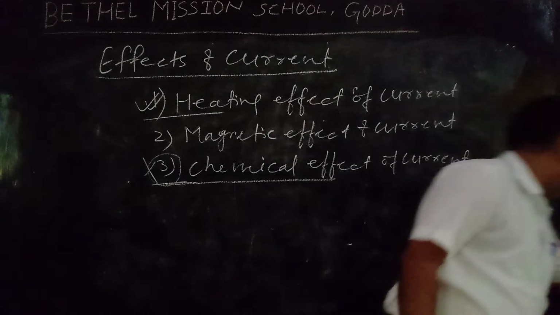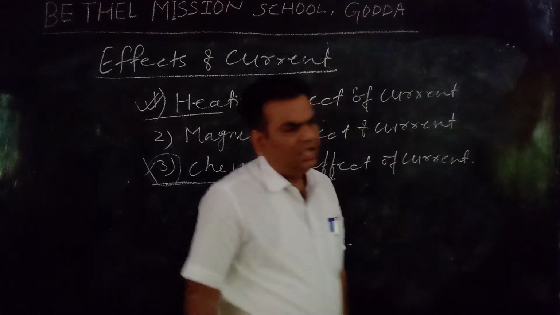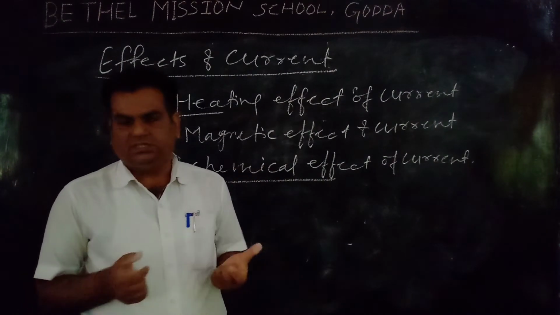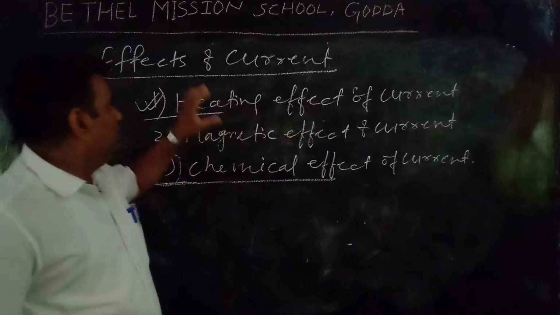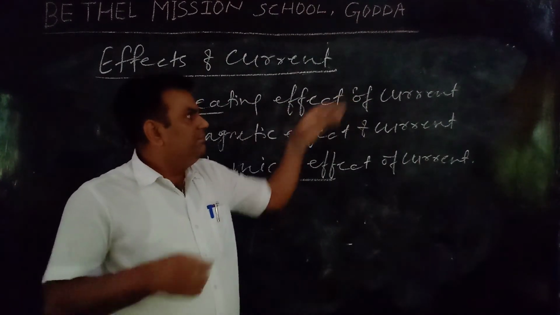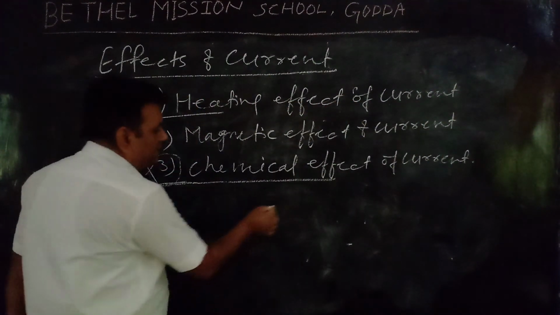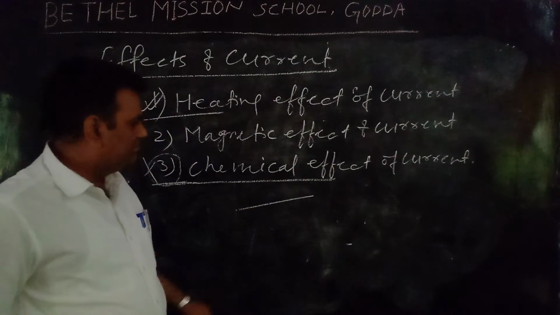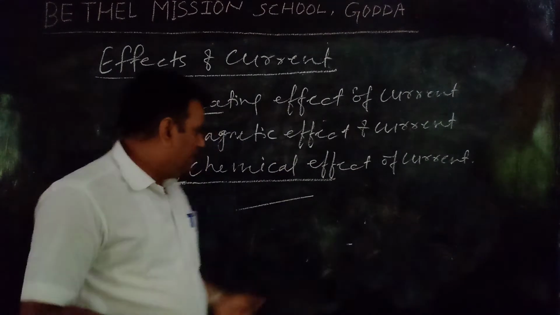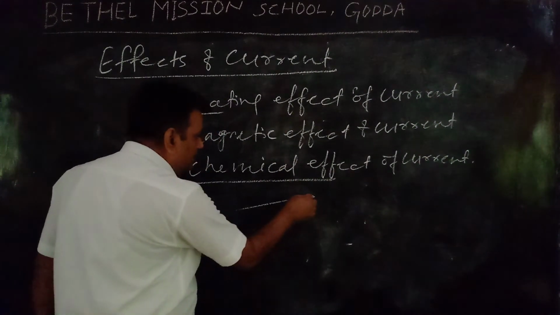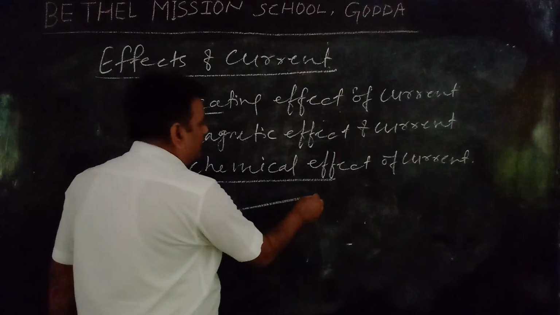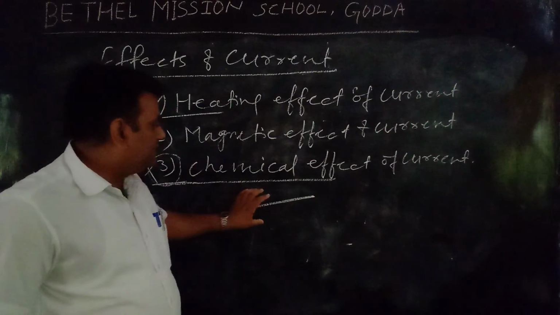Now what is the heating effect of current? When electricity flows through the circuit, due to the flow of electrons, because we know that the conductor is made up of three subatomic particles, and electrons are present in a free state. You must remember that electricity